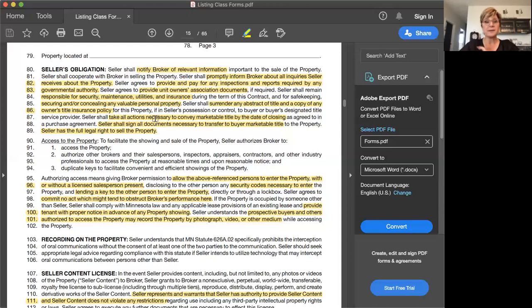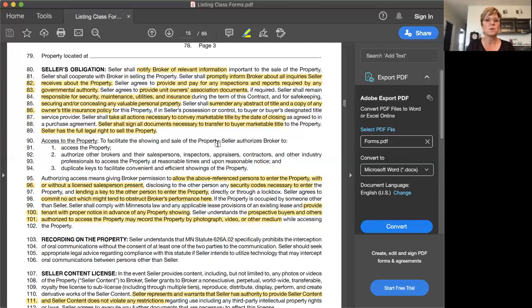They're going to be responsible for maintaining the security, the maintenance, the utilities, and the insurance on the property while you have it listed. We don't want them to just stop because they think they're selling their house, right? And they're going to surrender any abstract if they have that, or any copy of any owner's title insurance policy that they have, so that you have it and you can provide it to the title company, to get that